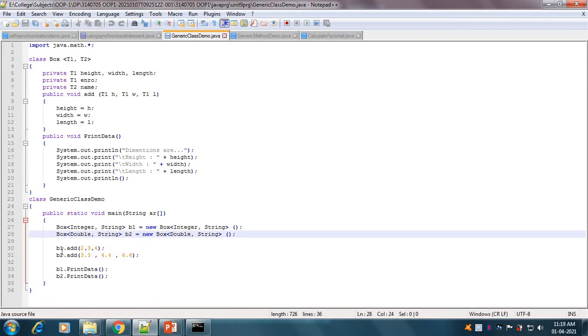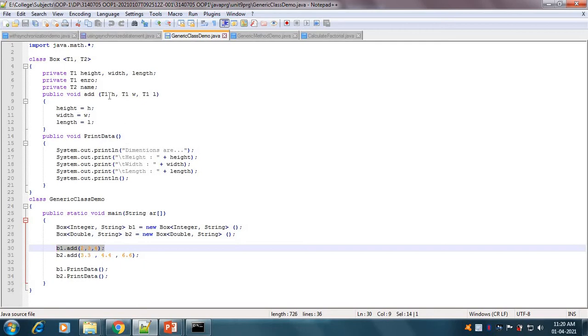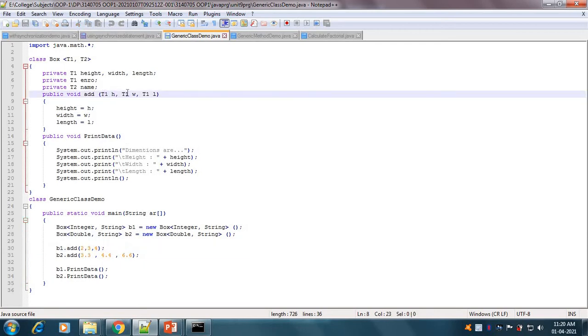So if we call B1.add with 2, 3, 4, in the case of B1, T1 is of type Integer and T2 is String. So this first object B1.add will have H of type integer, W of type integer and L of type integer.